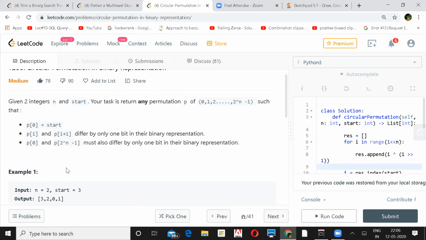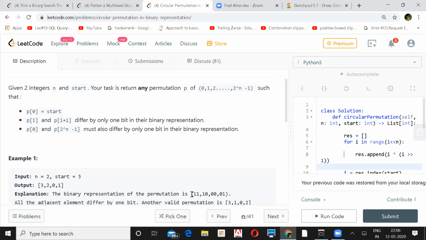Is N the number of bits or a value? I mean, the number of bits in the binary representation. Like for 3 you have 1 1, so 2 bits you are using. No, that is telling you that you can use only 2 bits in every number, and all consecutive ones should differ by 1. And 3 is telling you where to start. If he gives you 2, then your sequence will start from 1 0, 0 0, 0 1, and then followed by 1 1.